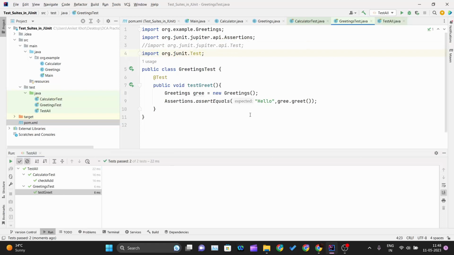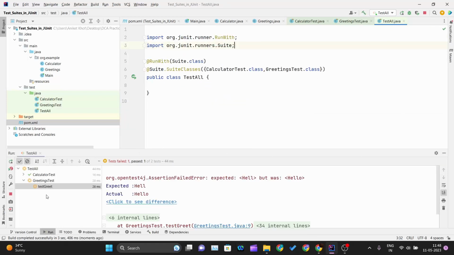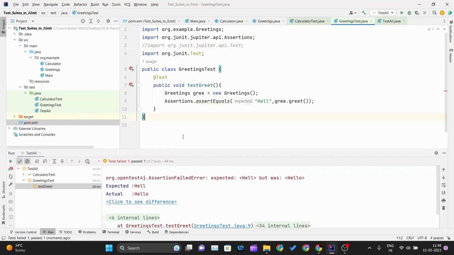So if you want to check how it looks when a test case fails, I will just give this test a failing purpose. Okay, so we can see over here that the grading test is failing because the expected value is "hell" and we are getting "hello". Okay, so this is how you can use test suites in JUnit, so that you can run